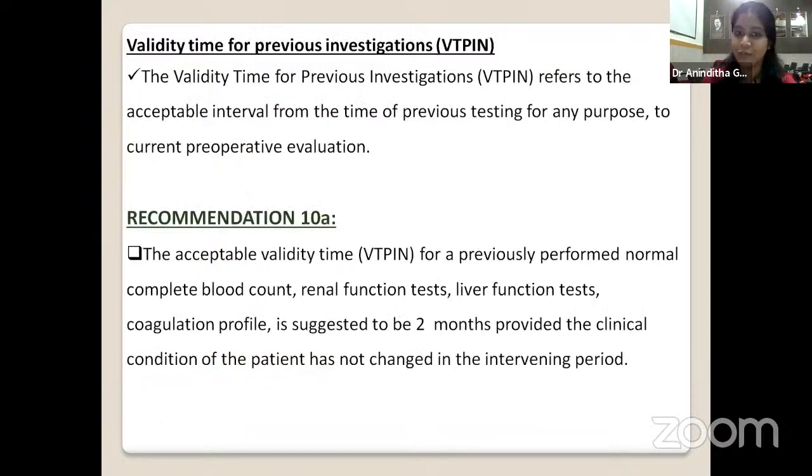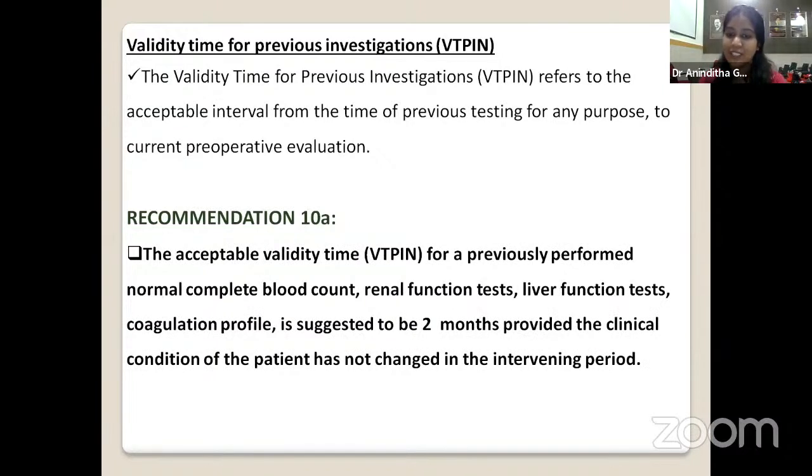What is validity time for previous investigations? It refers to the acceptable interval from time of previous testing for any purpose to the current preoperative evaluation. So recommendation 10A says that the acceptable validity time for previously performed normal complete blood count, renal function test, liver function test, coagulation profile is suggested to be 2 months, provided the clinical condition of the patient has not changed